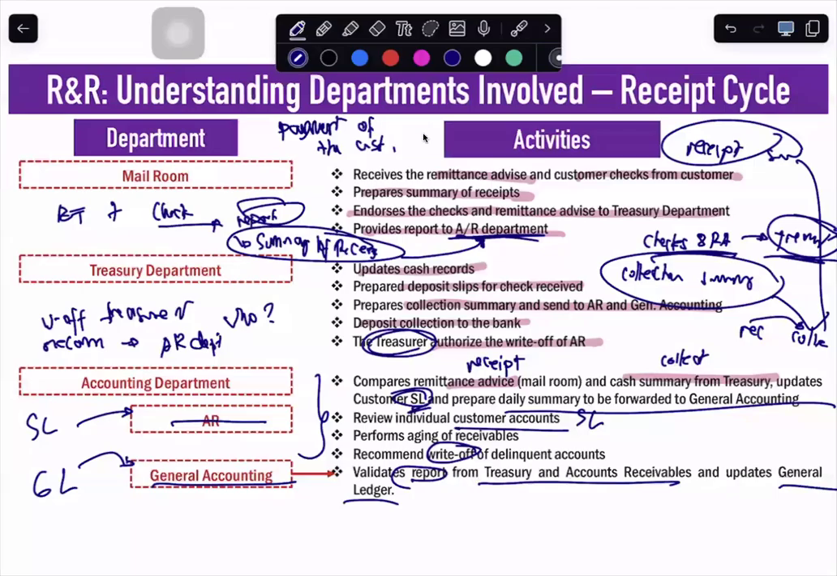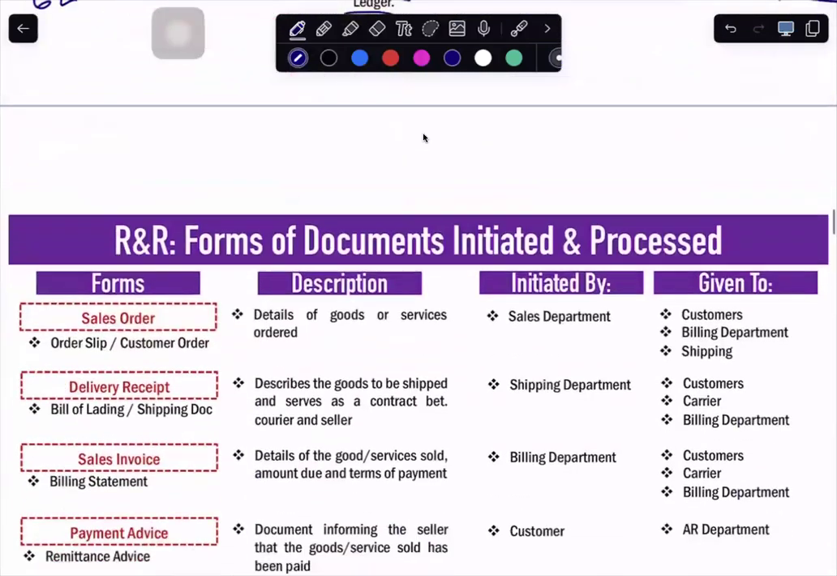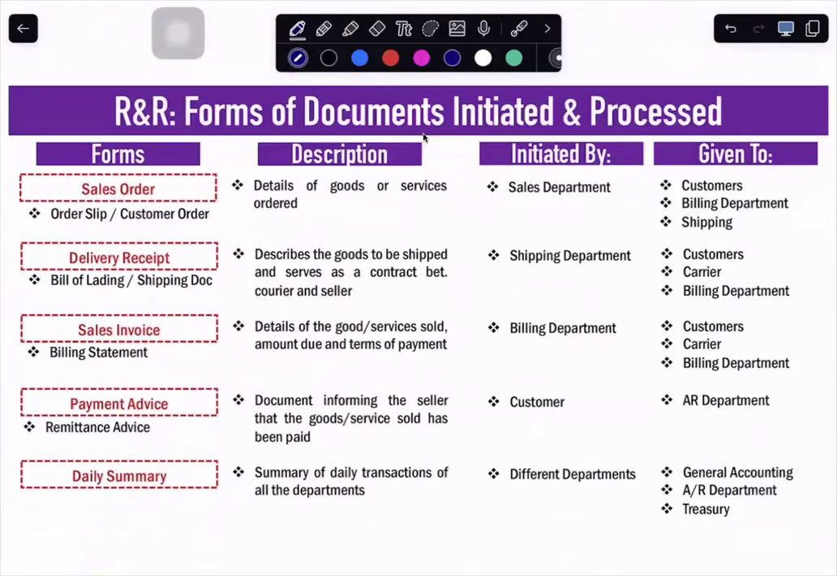Let's continue our discussion regarding the revenue and receipt cycle. Now we proceed to the different forms or documents initiated and processed by each department. So we already had different departments earlier. We already discussed the different departments, the different transactions within the department, and at the same time, the possible